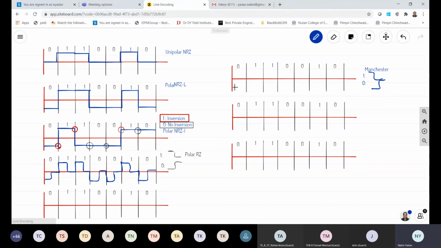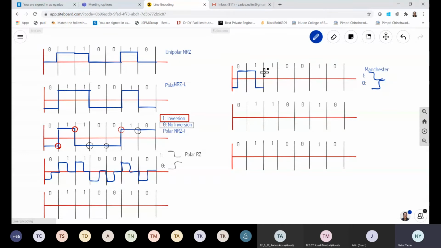So 0. Now as there is 0, what are we supposed to do? We will be drawing this inverted. See, it is NRZ-L. So we have to cross this 0. We have to go to the other side of the axis as well. Let me take this. Okay. So what will I be doing? I will be coming up to half. Then I will go to the opposite side and then this half. Correct? This is my 0. Now how is 1 represented? 1 is represented as a normal Z. Correct? So I will be representing 1 like this.